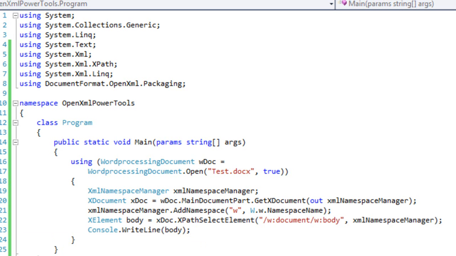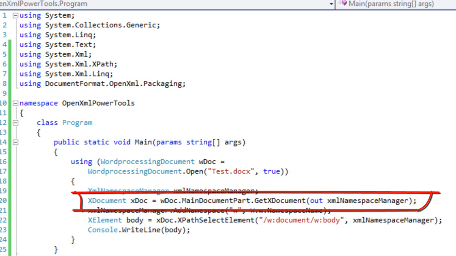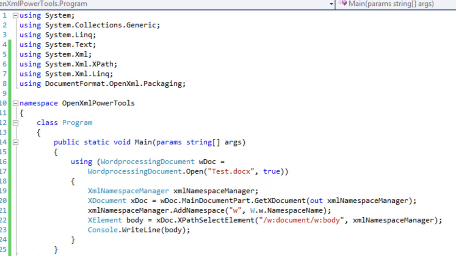To use that particular overload, you have to write code that looks something like this. You have to declare an XML namespace manager. You then have to call GetXDocument, and you have to pass an out parameter passing the newly declared XML namespace manager. You then need to add the namespace prefix to that XML namespace manager. In this particular case, we want to use the w prefix, and then you have to use the namespace name